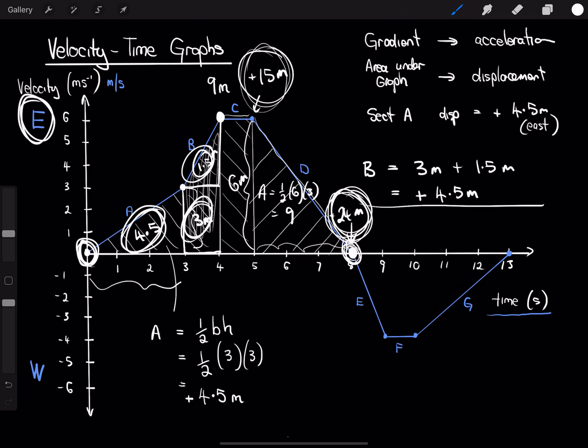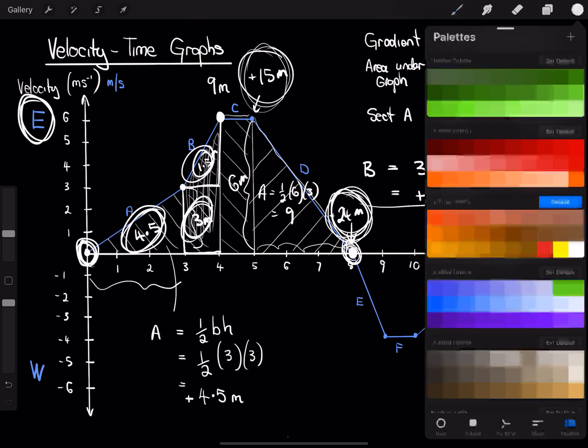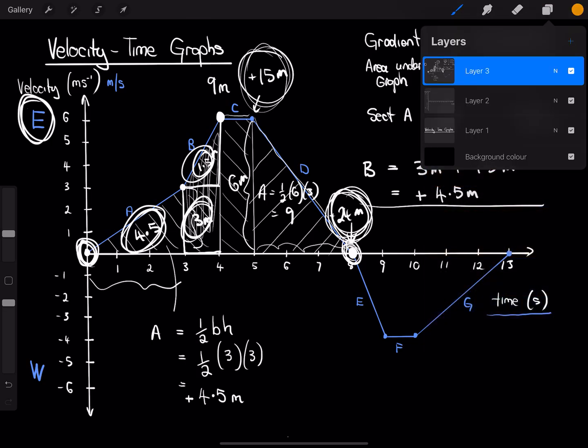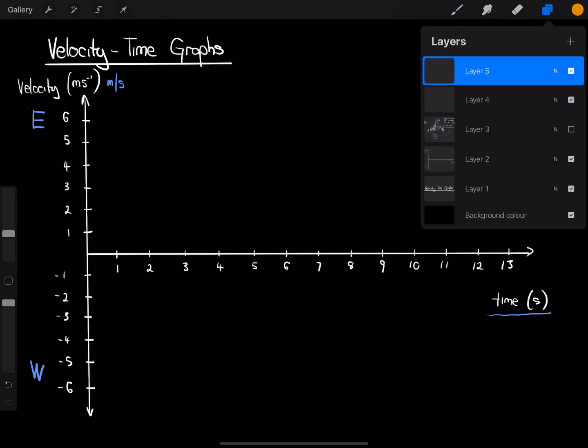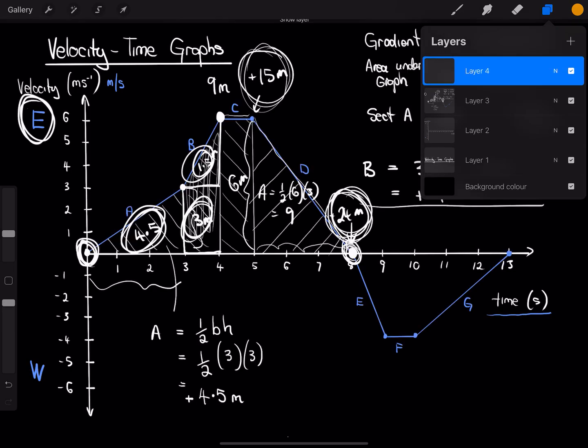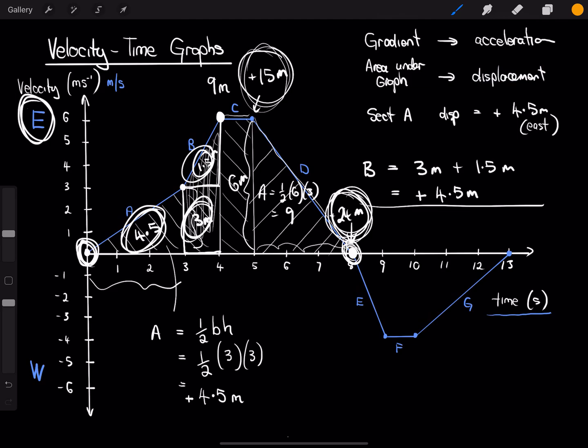Let's have a look at what's going on in section E and F and G. So in here, I'll just use a new page just to avoid some confusion. Whoops. No, I won't. I made a blunder there. Sorry about that. I'll just have to keep that page. So in this section here, in section E,